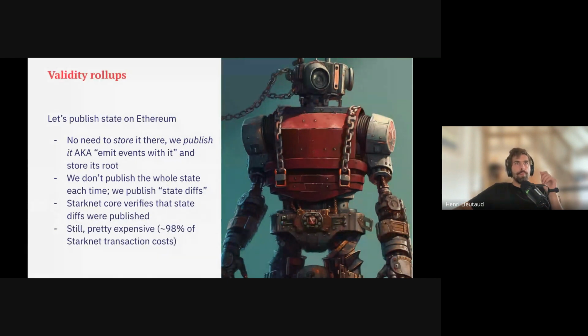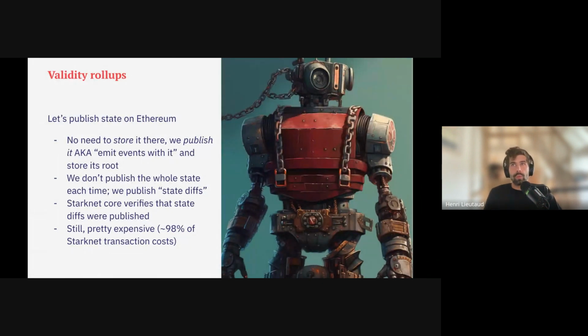So what Starknet does, and here there's a big difference between what validity rollups and Validiums are: validity rollups say, okay, we can't afford to lose the state. We need people to be able to reconstruct the state. So what we do is we publish the state on Ethereum. We don't need to store it, we don't need to make it a smart contract variable, but we need to publish it. It needs to be accessible. So you put it in an event. It's not part of the smart contract state, but it is part of the blockchain. So it's there. You can reuse it.